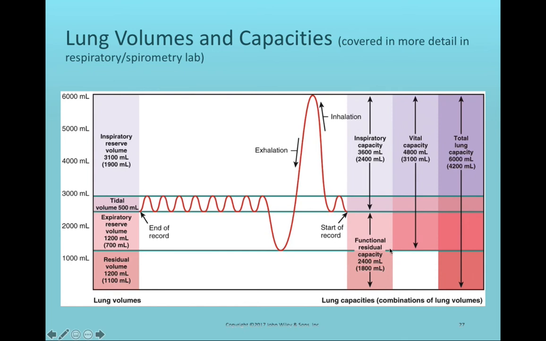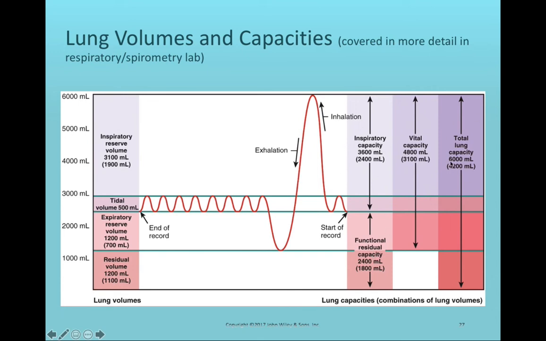Now the functional residual capacity is just on the other side of this. The functional residual capacity is worth 2,400 milliliters on average in males and 1,800 milliliters on average in females. And the functional residual capacity can be calculated by adding up the ERV to the RV. If we were to take the inspiratory capacity and add it to the functional residual capacity, that would give us